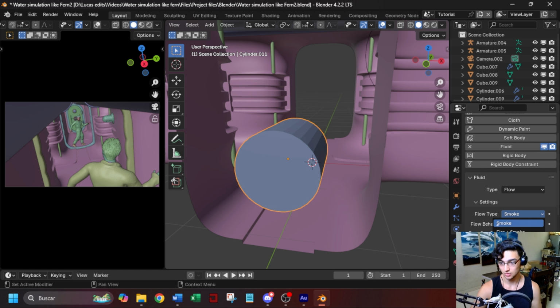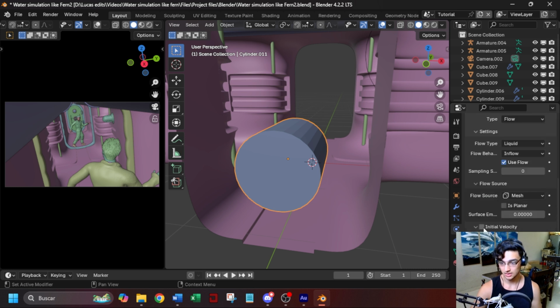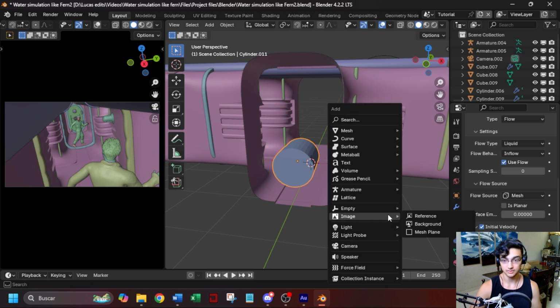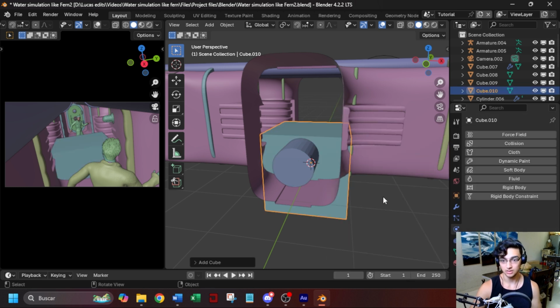change from smoke to liquid, and from geometry to inflow, and then check initial velocity, and in the Y I'm going to give it like 3. So now let's press Shift A, mesh cube,